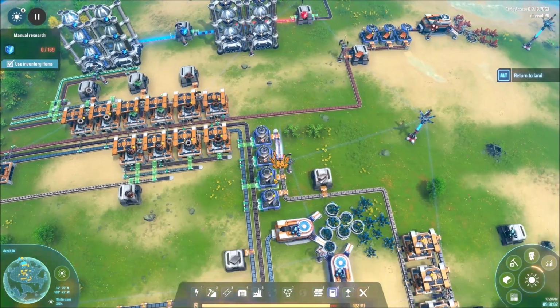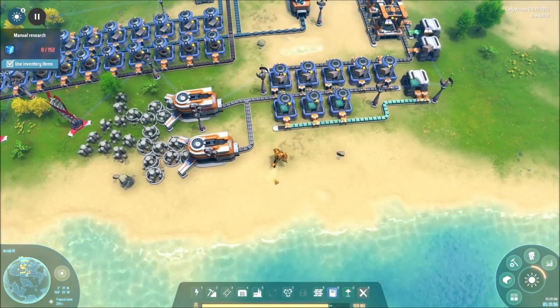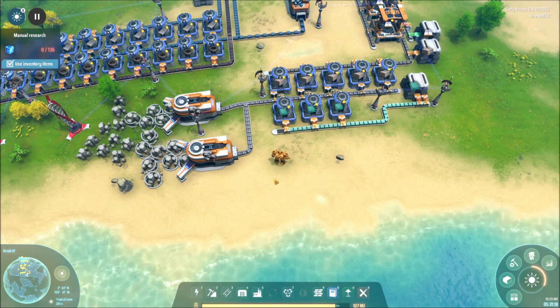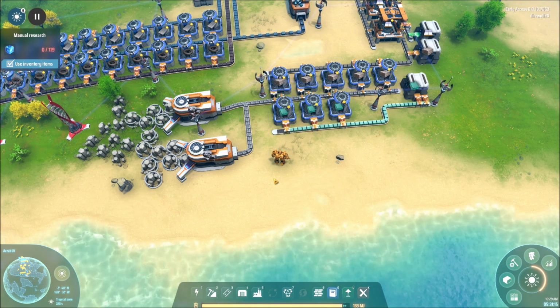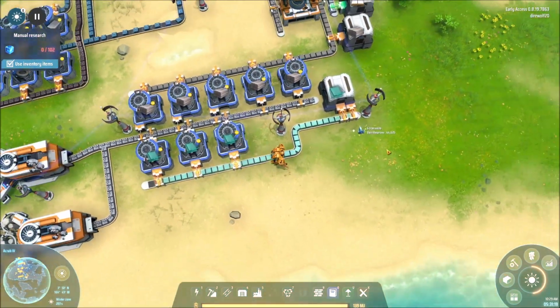And this is a nice little spoiler for what's coming along in the game in the future. Basically, you can produce most things on your main planet here, but some of them are going to take a really long time to get. I actually don't know if there's a way to get titanium off of our base planet. But that said, there's definitely...